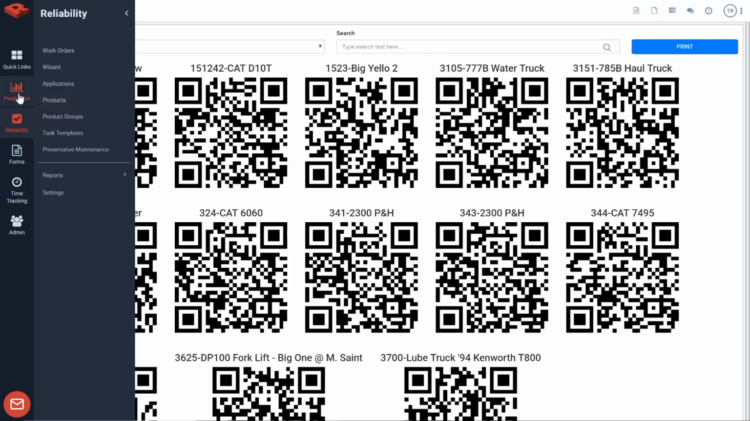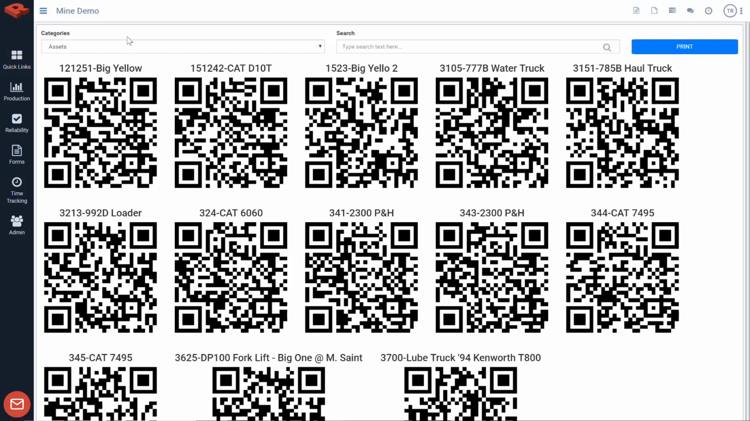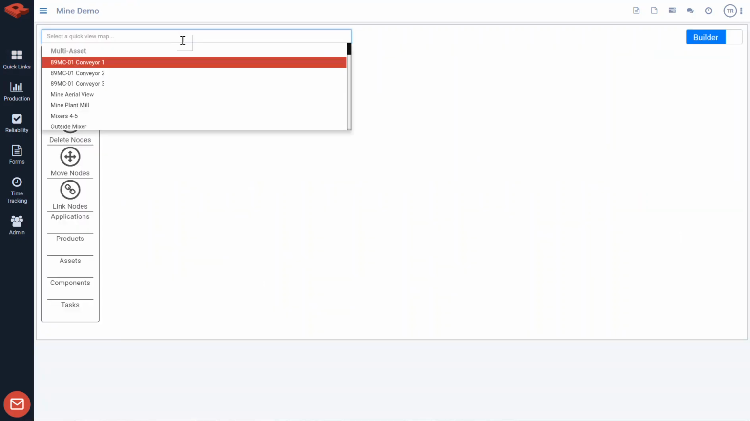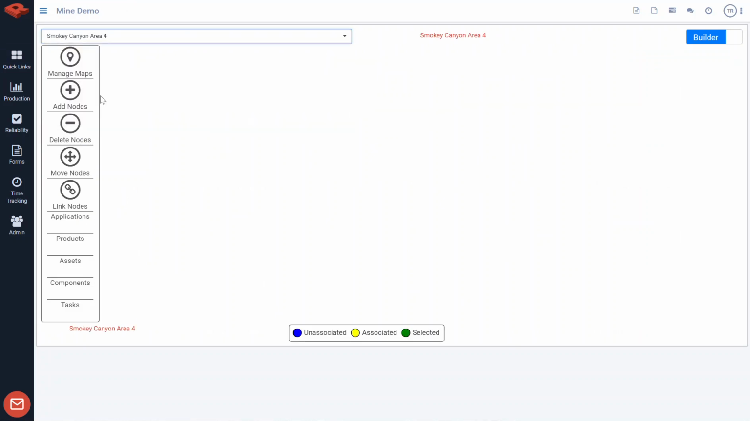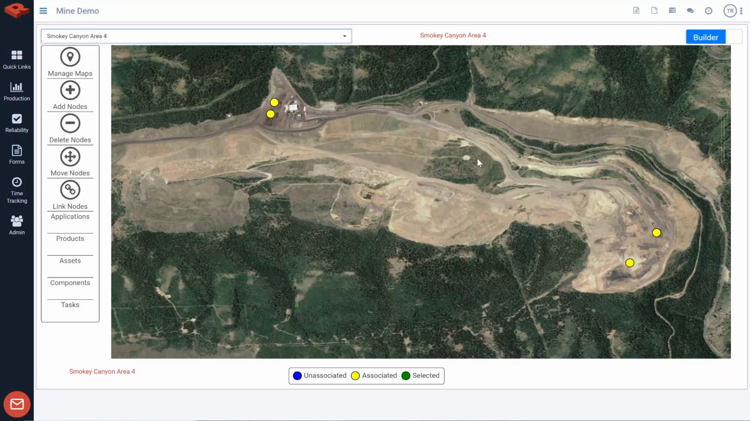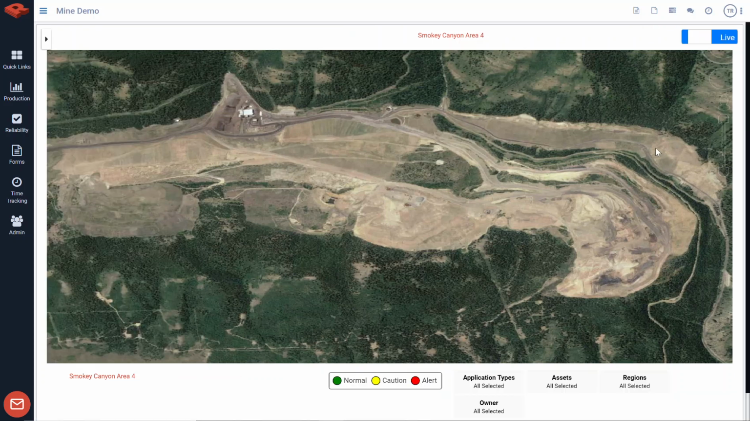We have a production section that's probably not as relevant to you, but again, the quick view section is something that most people will see. This quick view is also kind of a handy feature. We did load some aerial images of your mine in our software, and in this live view, you can see wherever I have